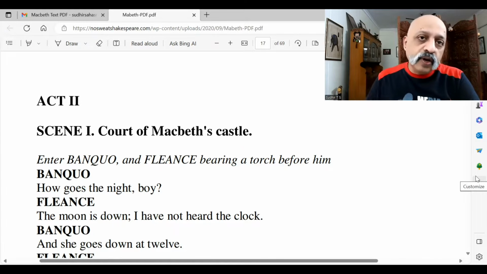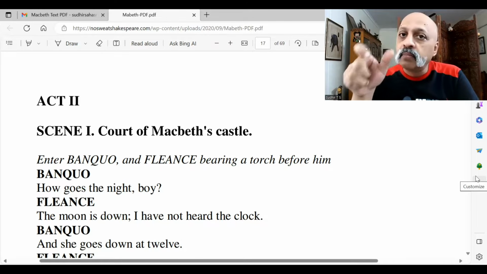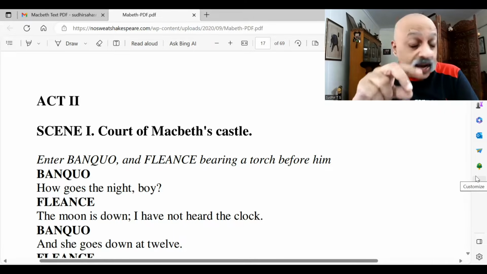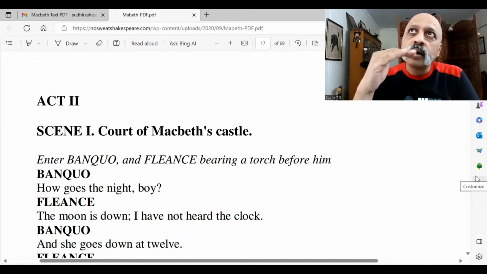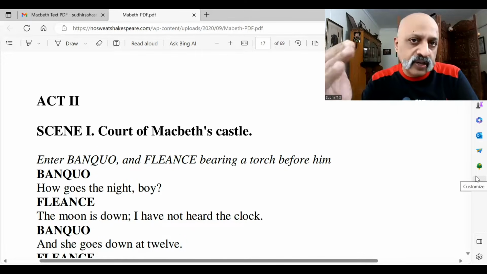Okay, so this particular scene, Act 2, Scene 1 and Scene 2, between them the murder of Duncan takes place. So because of that, Act 2, Scene 1 and Scene 2 are quite important. Now, if you are asked a question about what the difference is between Act 1 and Act 2,